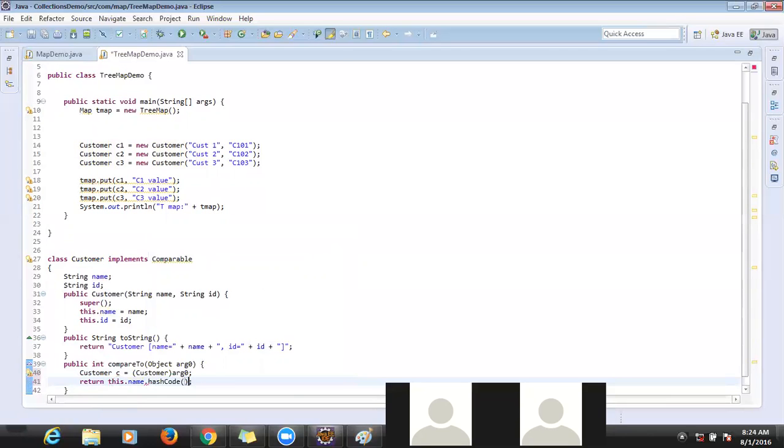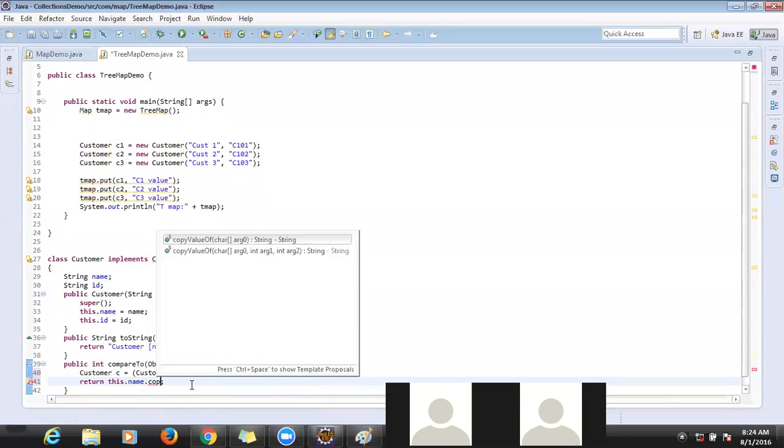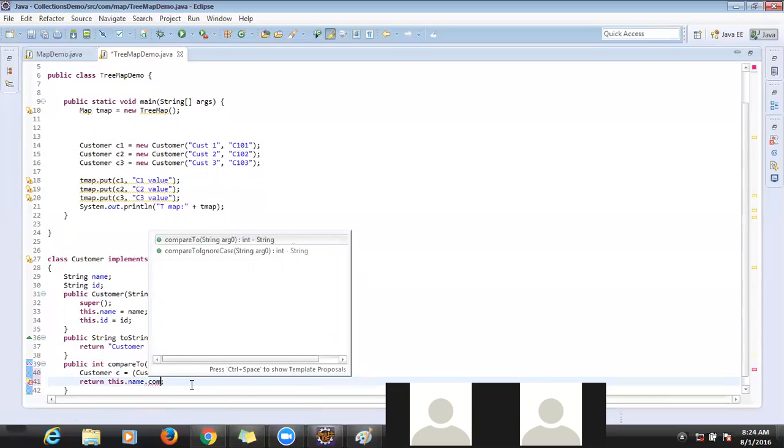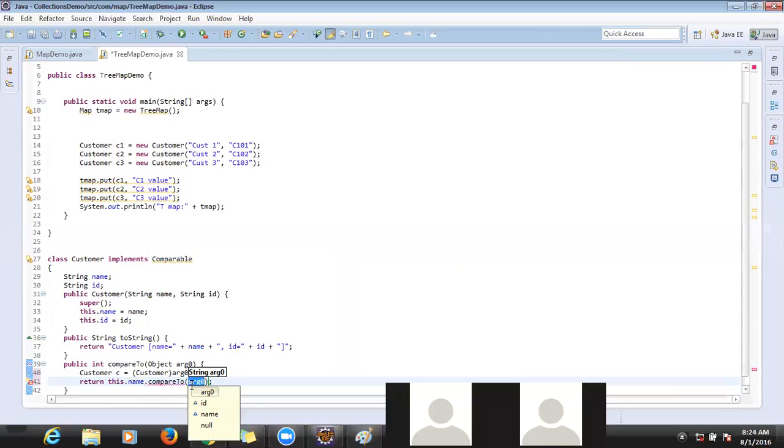Hash code hyphen C dot name. Okay, this is the implementation.